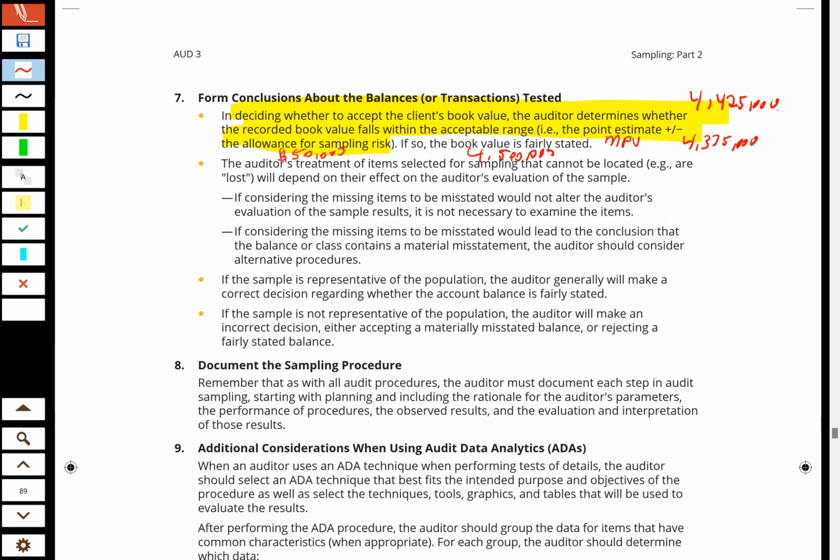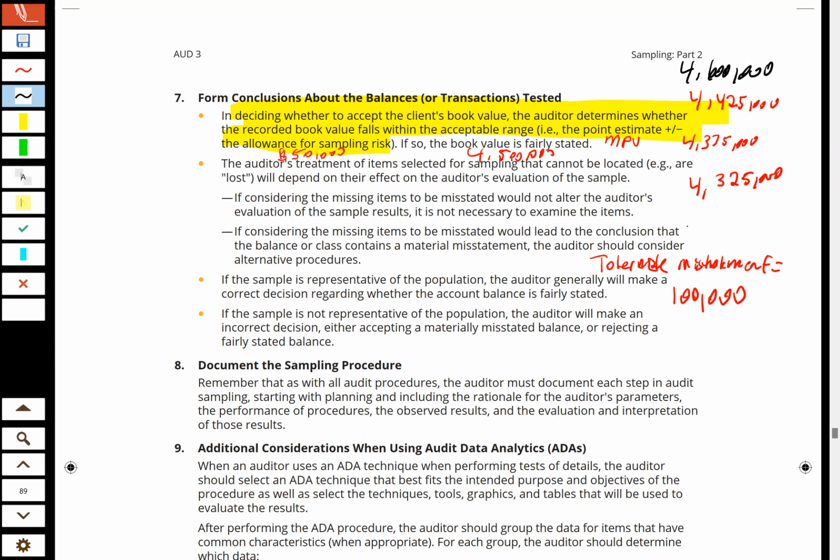And the minus 50,000 would bring this down to 4,325,000. Now the recorded balance is 4,500,000, right? So let's say the auditor's tolerable misstatement equaled 100,000. In other words, I'm willing to take a misstatement of 100,000. And so I'm willing to go as high as 4,600,000